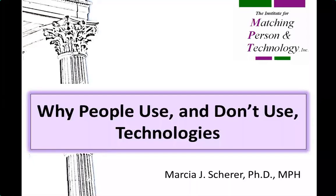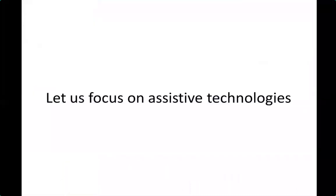Welcome to this presentation on why people use and don't use technologies. Now, for our purposes, we're going to focus on assistive technology. Those are products that have been developed and designed for use by individuals with disabilities, meaning they may have difficulty walking or seeing or hearing or doing things on their own, grooming, eating. So they help support the functioning of hands and limbs and eyes and ears and legs, and also communication